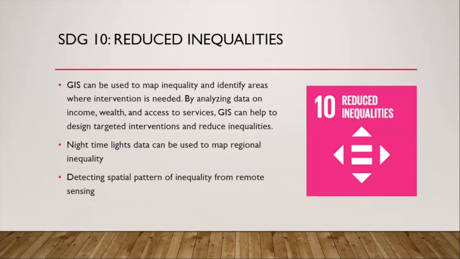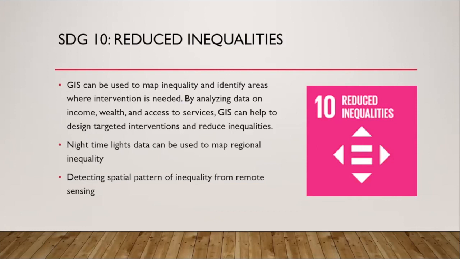GIS can be used to map inequality and identify areas where intervention is needed in terms of achieving the goal on reduced inequalities. By analyzing income, wealth, and access to other services, GIS can help create designed interventions and reduce inequalities. I've learned that nighttime lights can be used to map regional inequality